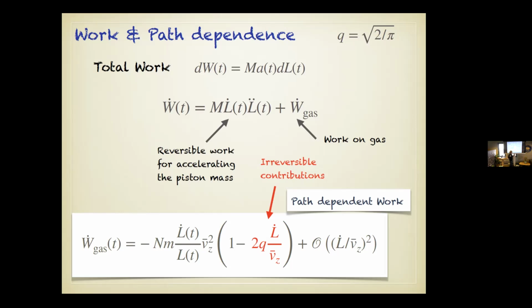If you would only have a piston with mass m, that's the amount of energy you have to input to accelerate the piston to a velocity L dot. But that part is reversible because you get it out when you decelerate the piston again. It's simply put into the kinetic energy, and in the end, I can still use this energy and take it out again. So we can split off this one and get a contribution that is solely